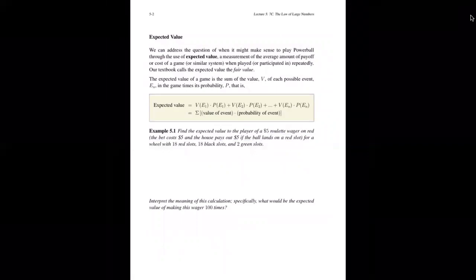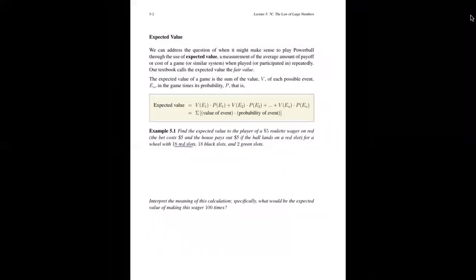So the player either goes up 5 or down 5. Now let's see. A roulette wheel, let's remember, has 18 red slots, 18 black slots, and 2 green slots. So that's 38 total slots. So the expected value to the player,